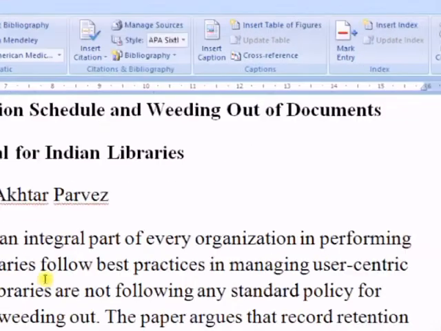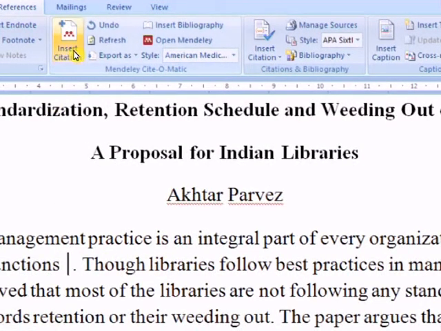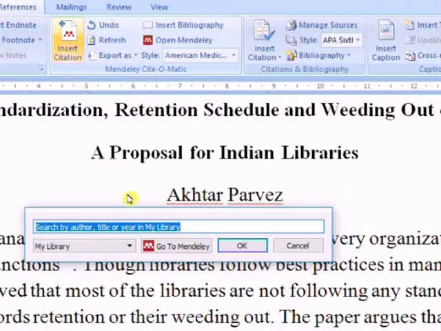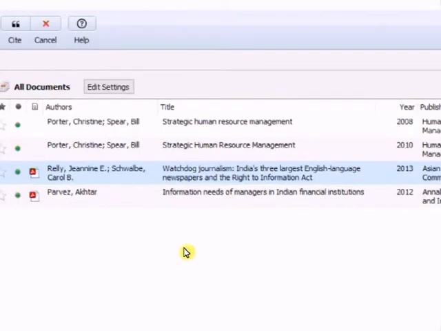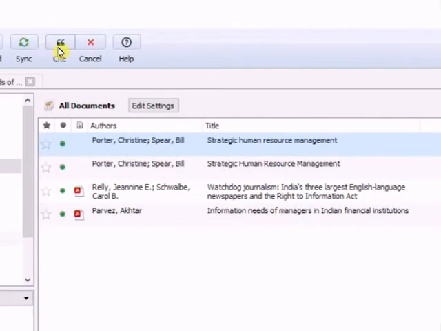Now if I want to cite a document or a paper, I'll go here, then I'll go to insert citation, and this box will appear. I can search directly from here, or I can go to the Mendeley dashboard and select this particular article.